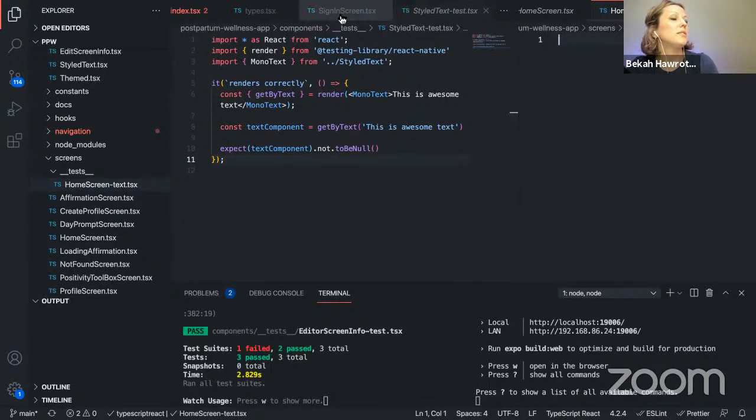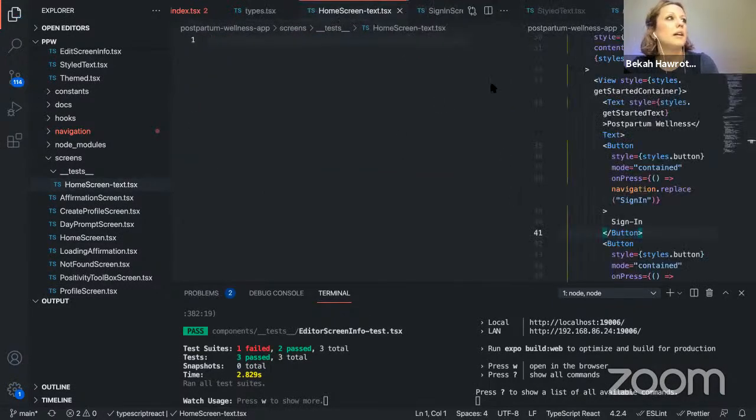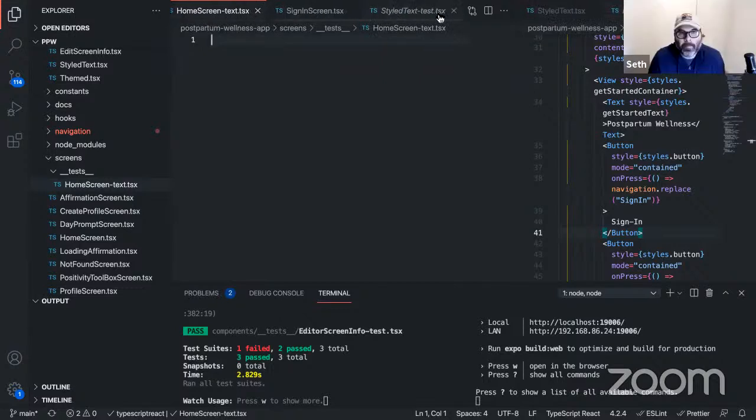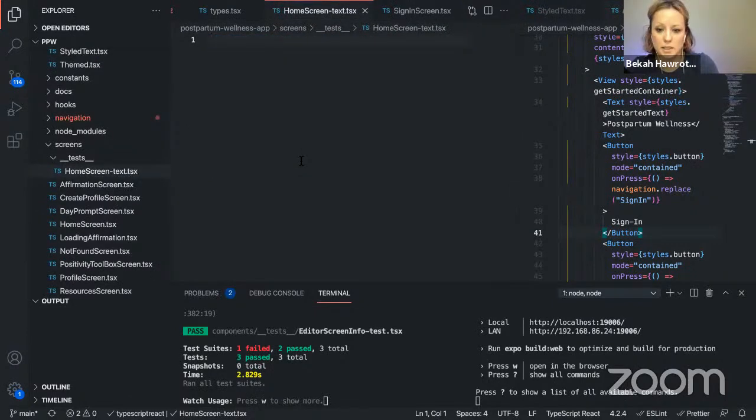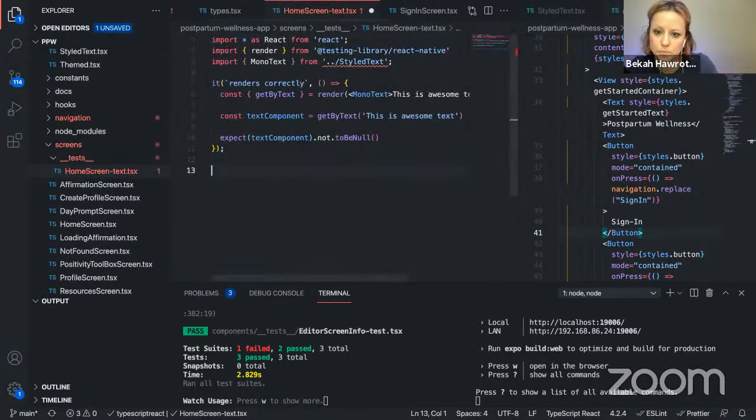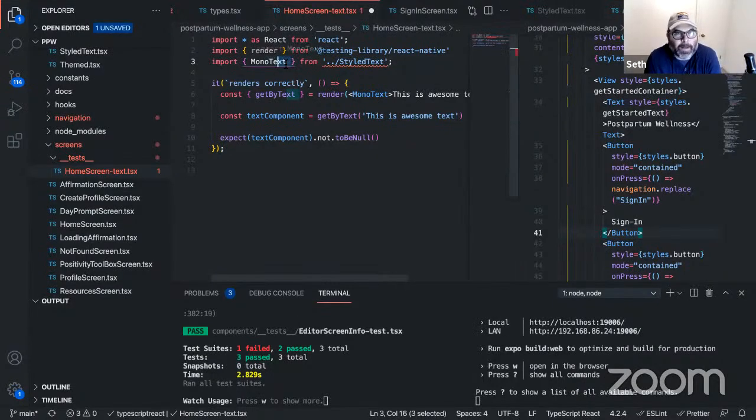I'm going to borrow from one of the other tests. Let's copy the whole import statements. Perfect. We definitely don't need this, but we do need to import the home screen component.